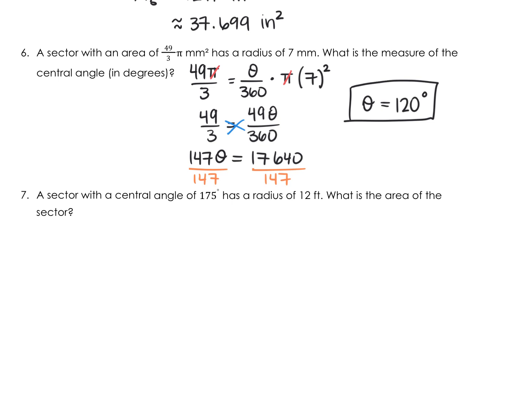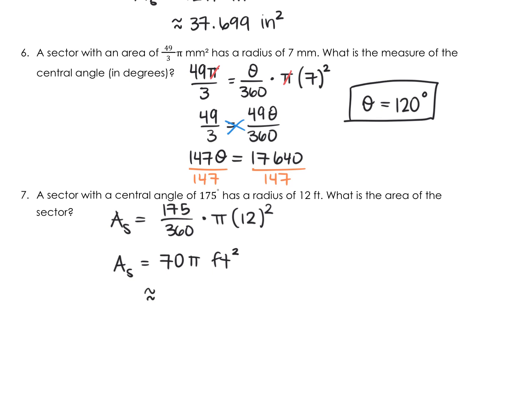So for our last example, we have a sector with a central angle of 175 degrees, has a radius of 12 feet. What is the area of the sector? So we're going to use our formula. Area of a sector equals 175 over 360 times pi times the radius 12 squared. So we'll do 12 squared, which is 144, times 175 divided by 360, and we're going to get that the area of our sector is 70 pi feet squared,